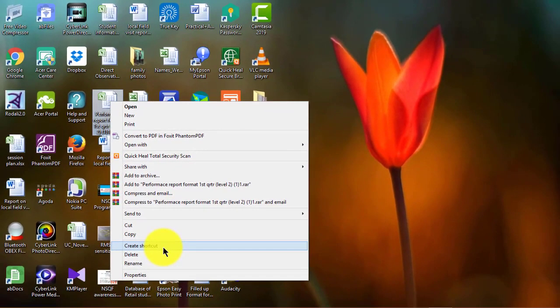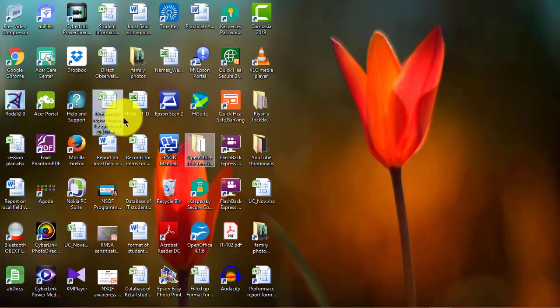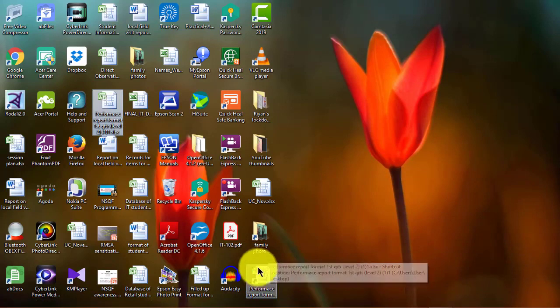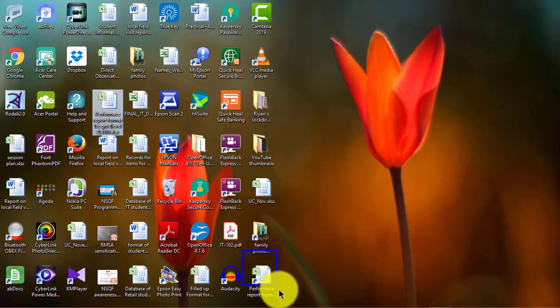From there you just click on the create shortcut option. One shortcut icon of this particular file will be created. Here you can see, this is the shortcut icon of this particular file. This way we can make a shortcut icon of a particular file.